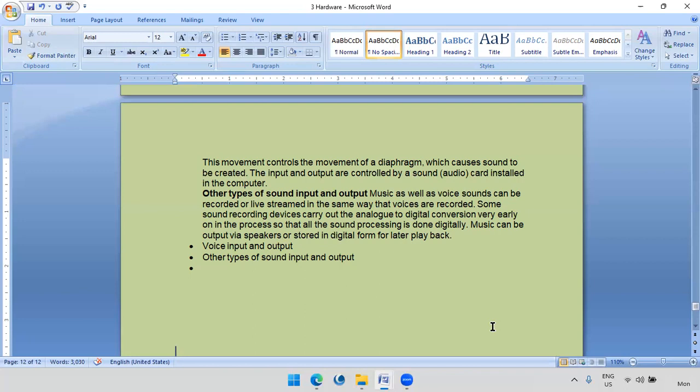Music can be output via speakers or stored in digital form for later playback. That means you can record and keep and then play later. The voice input and output, and other types, those two are the last topics we